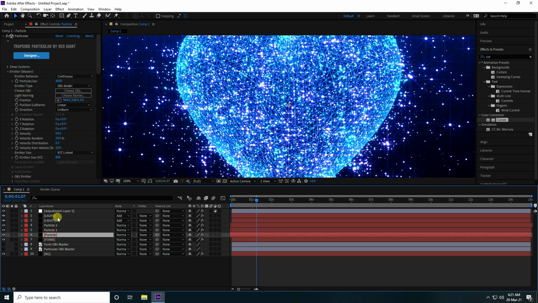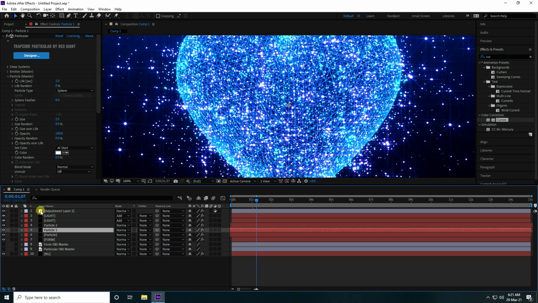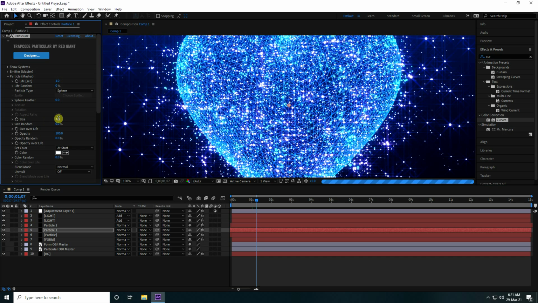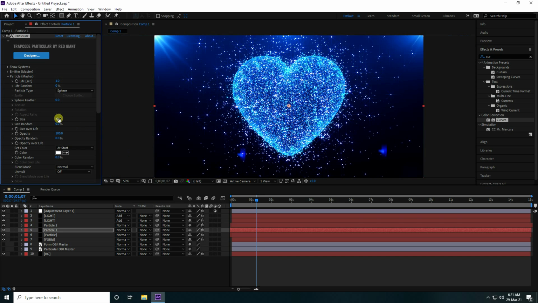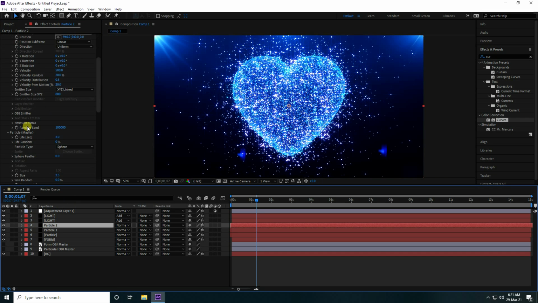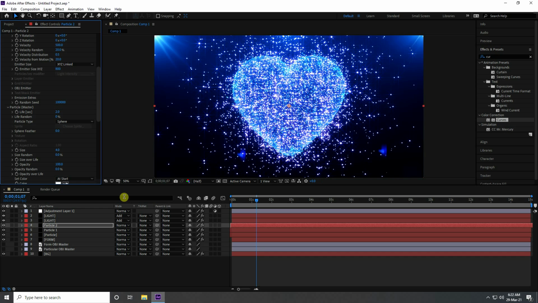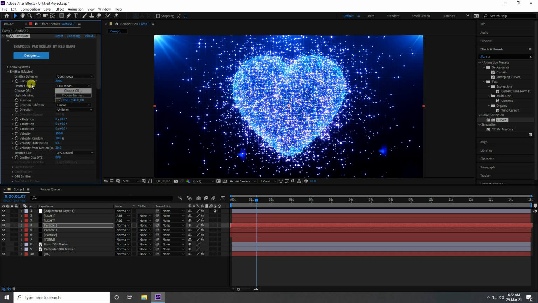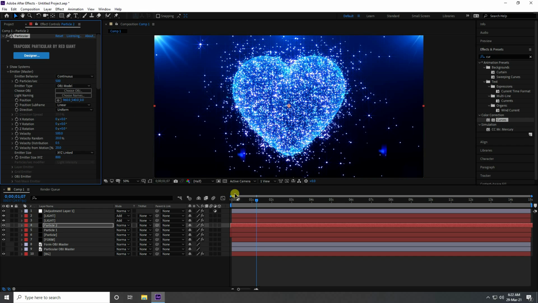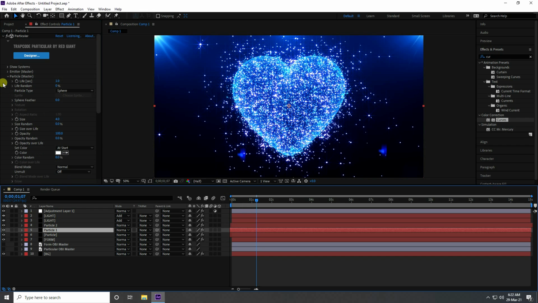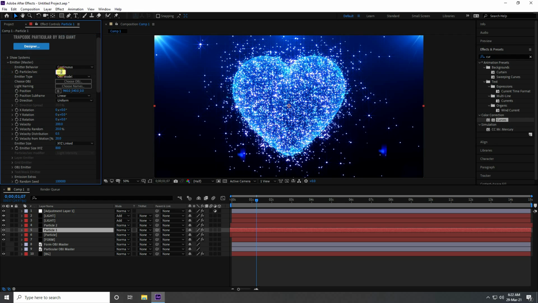So go to here, Particle, this one, and guys go to here, Size like 3, yes, and increase like 4, yeah, and select this one, and guys like 4, yeah, right, and decrease this count like 500, yes, and select this one and count like 100, actually 1000, yeah.